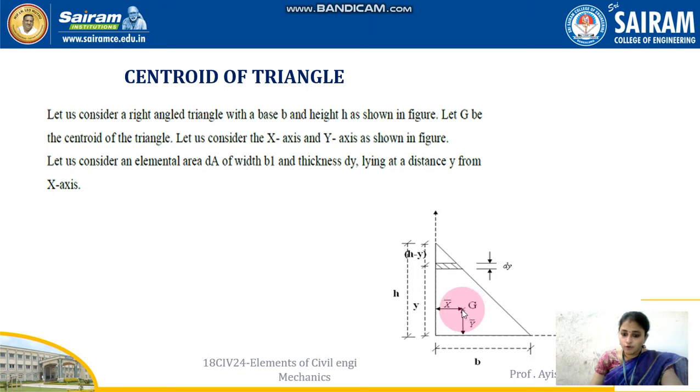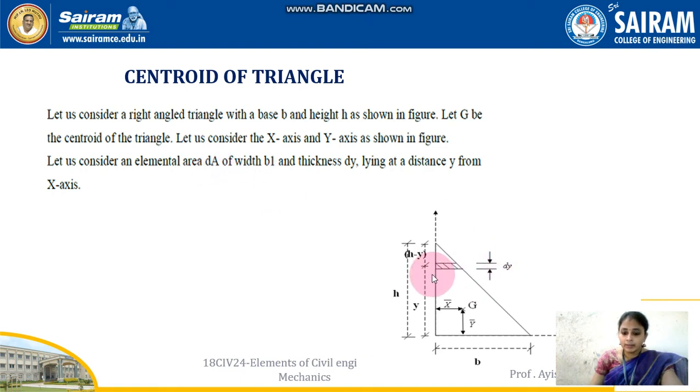So the location of the centroid point has a horizontal distance x bar and a vertical distance y bar. Let us consider it like this, and here also we need to consider a small elemental area. So now we are taking this as a small elemental area. We knew that the overall area is capital A and the small elemental area is dA. For the triangle, the formula of area is half into b into h. So we need to calculate dA also, the elemental area we are going to consider, right?